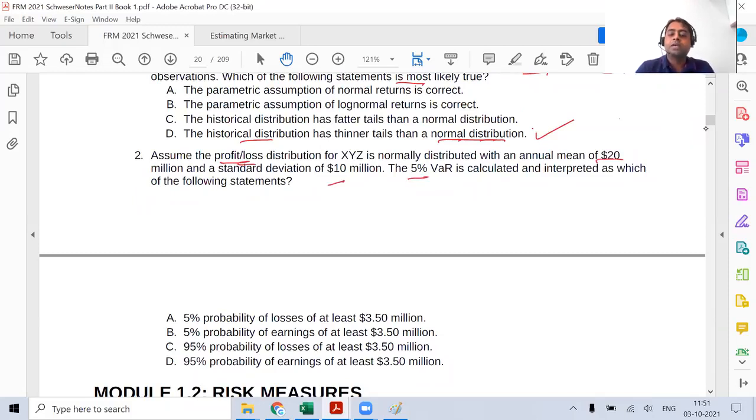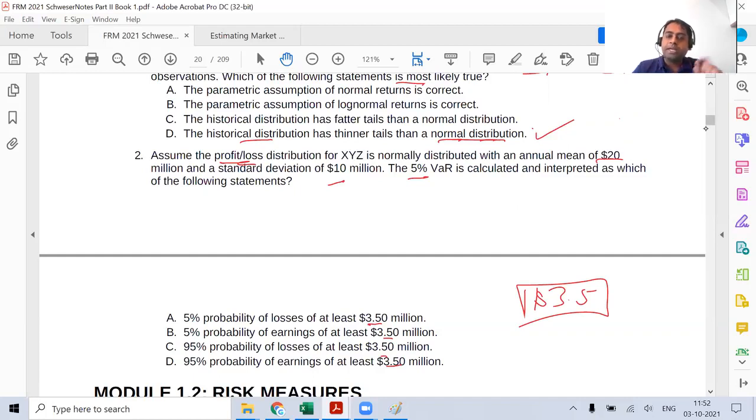They're finding the 5% one. So there's no question of calculating over here, but they're only trying to find what is the probability of, how do we represent this $3.5 million? Kindly look at the options. Since we are only talking about the loss, because this $20 million is primarily going to be the loss data point. The VAR number is going to be the loss data point.